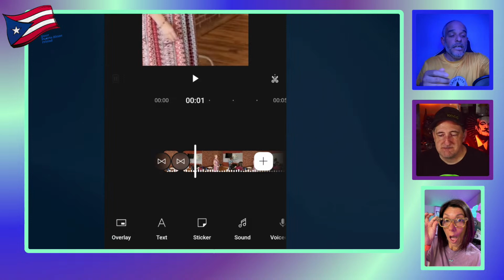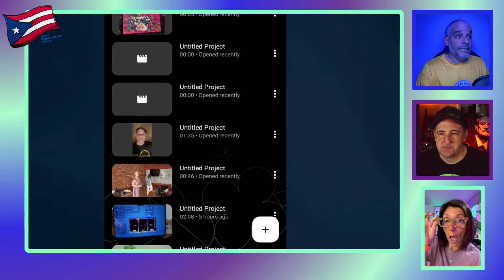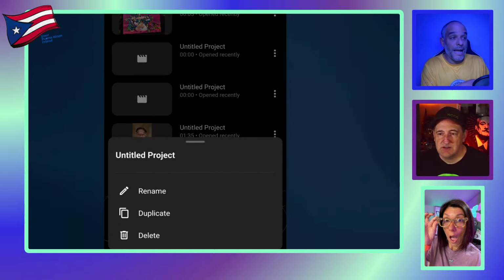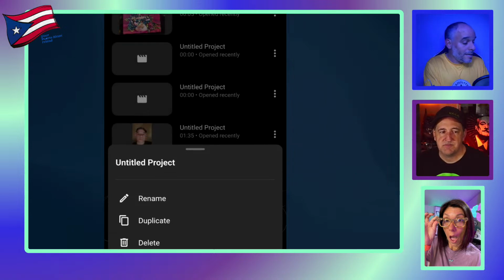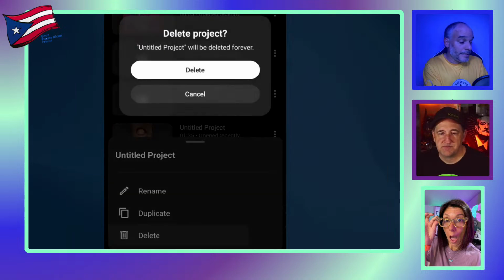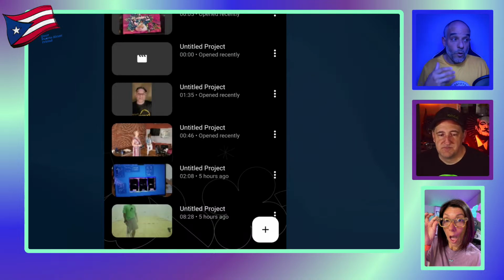And here's the thing, at any time that you want to go to your project, right? You can see all these projects that if I was to go back to them and work on them, I can easily just rename them, start it from there, boom. If there's a project that I really like, but I want to make some adjustments, I can easily duplicate it. If there's a project that I don't want, I can easily delete, right? And keep it a little more organized with the projects that I'm working on.